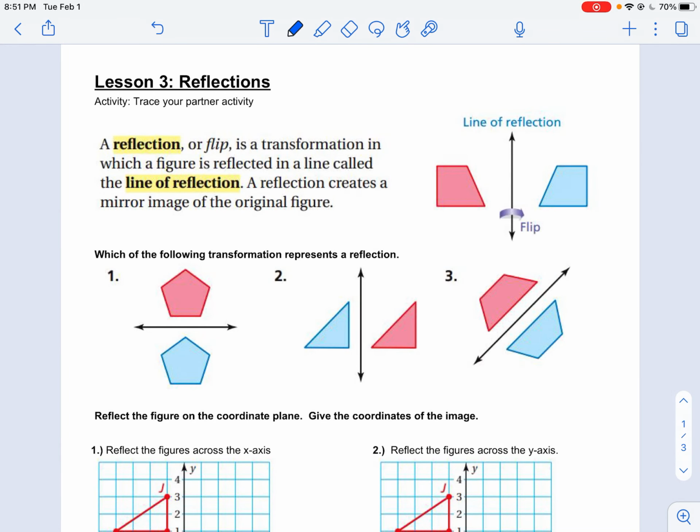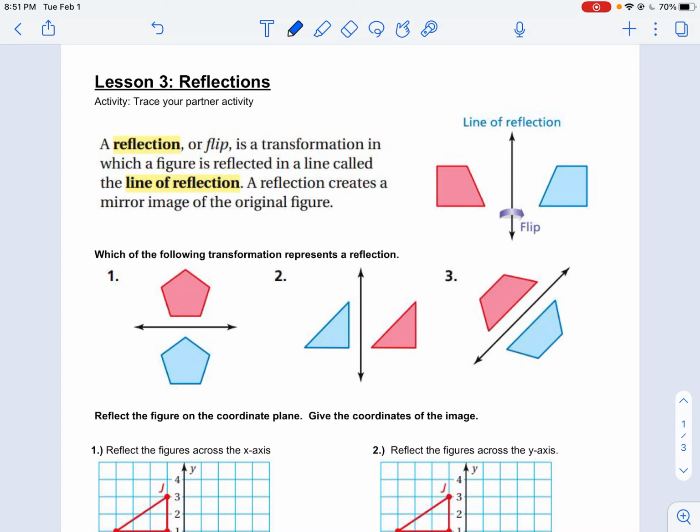All right, today we're going to talk about lesson 3, reflections. This will be the second transformation that you are learning. So yesterday we talked about translations, and today we're going to talk about reflections. So the definition of a reflection is a flip or transformation in which a figure is reflected in a line